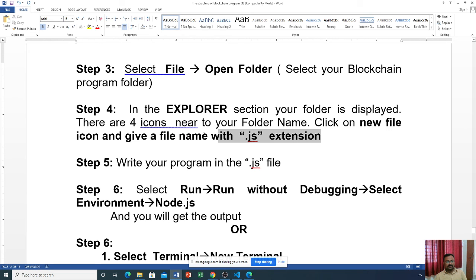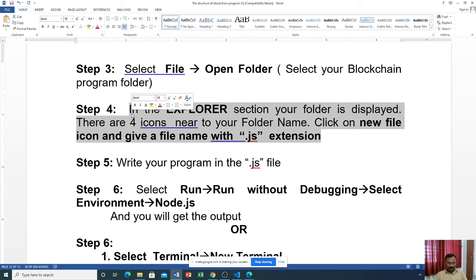Click on the new file icon and give a file name with the .js extension.